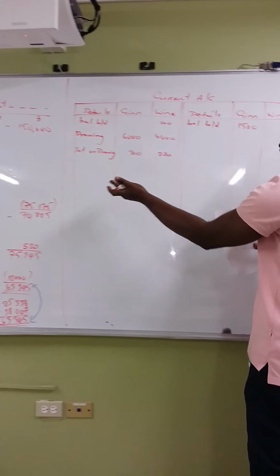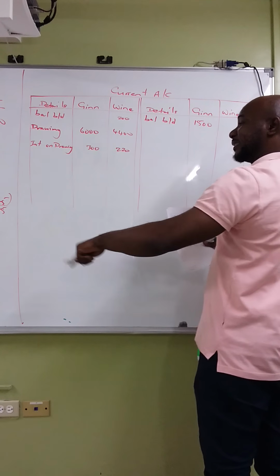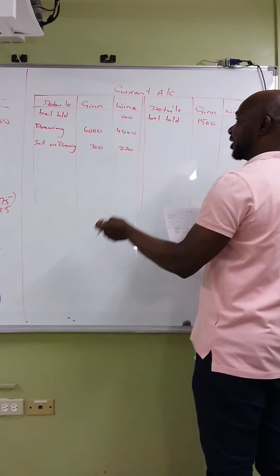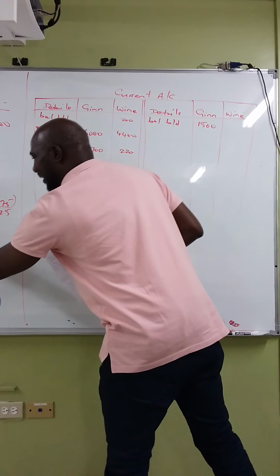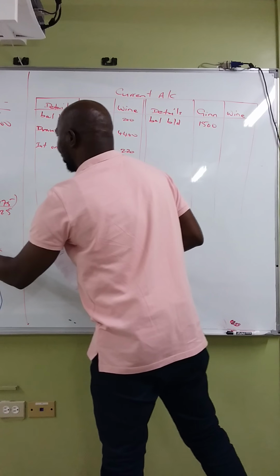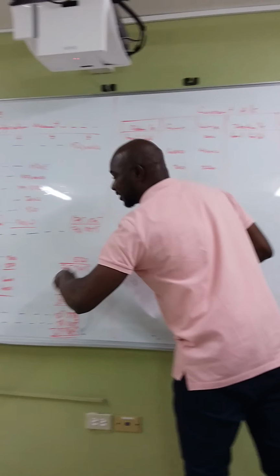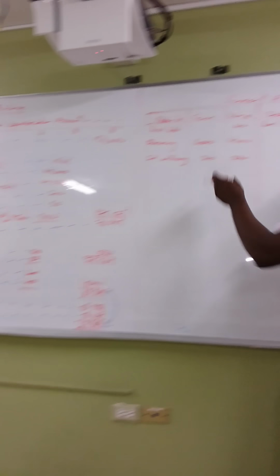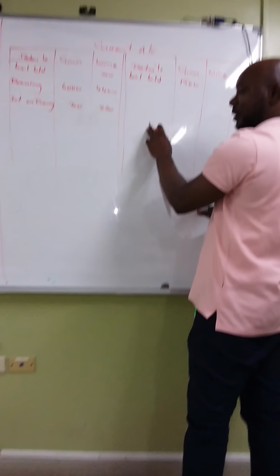Everything that is included in your appropriation account will be transferred to your current account. Whatever is added in your appropriation account will be debited to the current account, whereas whatever is subtracted would be credited. Alright? And your share